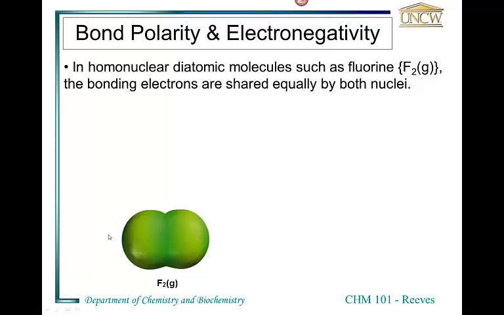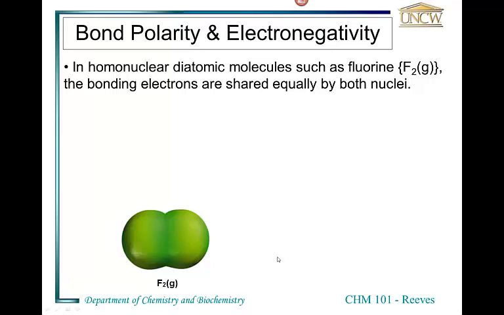So, for example, for the homonuclear diatomic species F2, because both fluorine atoms are identical, in this diagram where color is used to depict electron density, you can see that the green color indicates that the electron density is the same throughout the molecule,